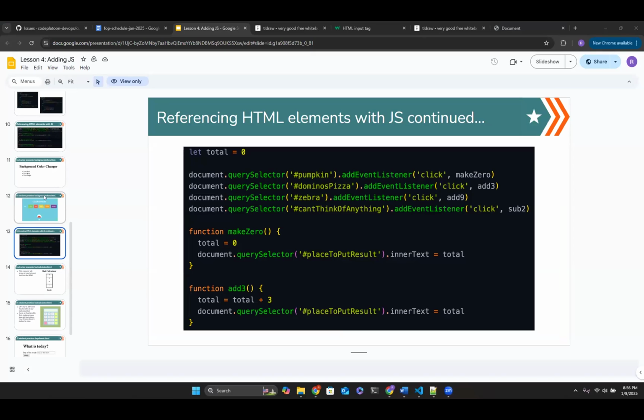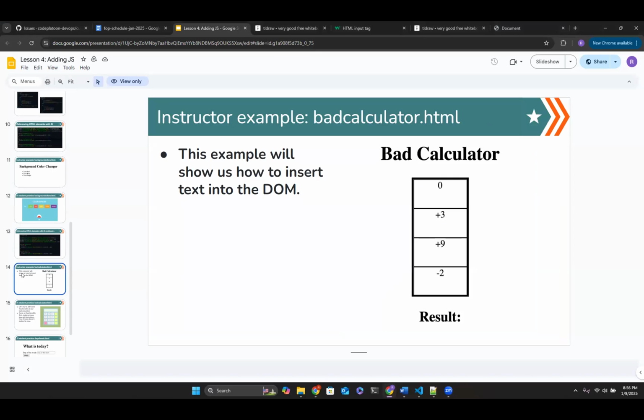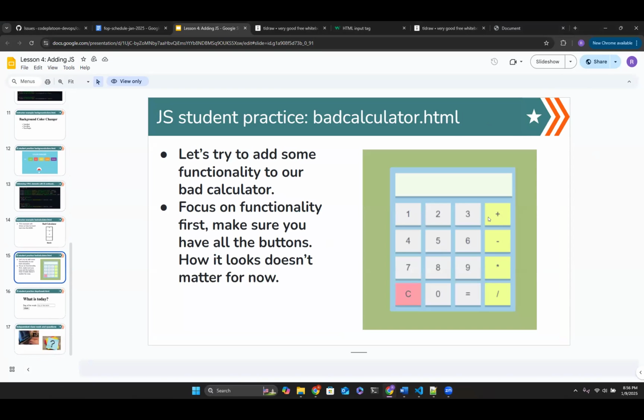This is just the start, the tip of the iceberg of JavaScript that we're going to be doing here. To give you an idea of the other stuff we're going to be doing, tomorrow we're going to be getting this bad calculator and making it into a good calculator, right? And we'll talk about how bad this is. There's only so much functionality here, which as you can see, this is not a good calculator. So the example will be turning this into a good calculator. The outcome should be this by the end of it.